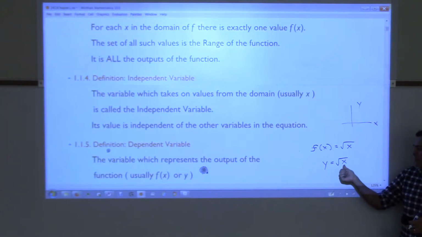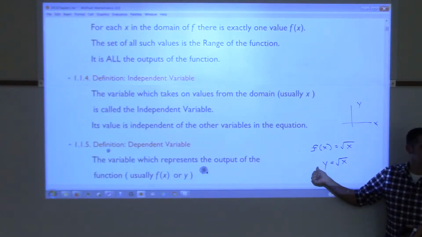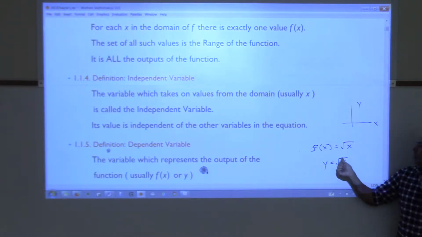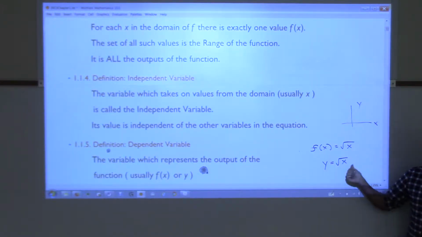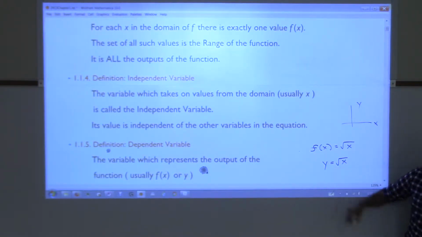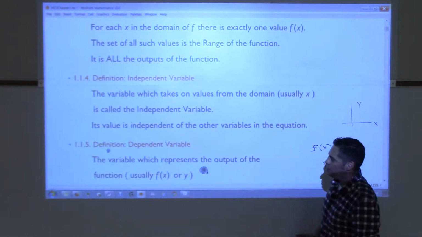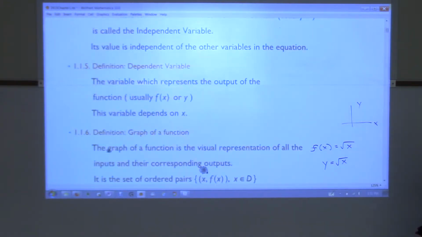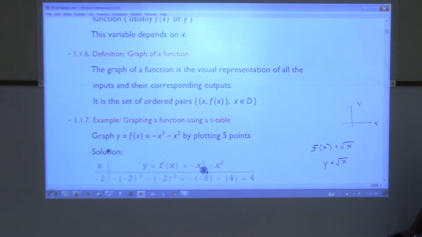The y depends on what you plug in for x, right? If I plug in 4 for x, y has to be 2. If I plug in 16 for x, y has to be 4. So y depends on x. So this is the independent variable. This is the dependent variable. So these are all things from the past. All right, we all know that the graph of a function,